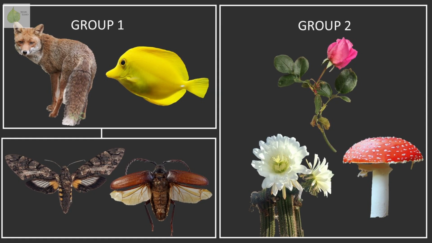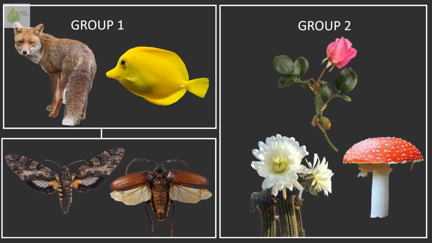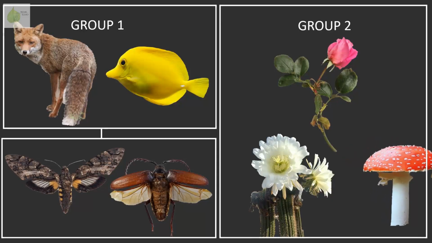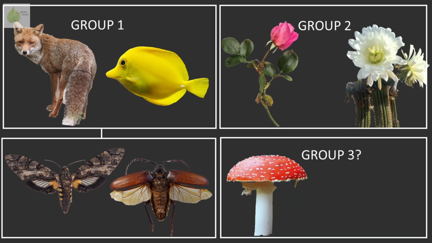Maybe we could create a subgroup from them. And now look at the second group. Even though these two organisms both have flowers, they look somewhat different. And some of you might even kick this third organism out of the group completely, as it doesn't quite fit here. But it doesn't fit the first group either. Maybe it needs its own group? This process of comparing visible characteristics of the individual organisms and, based on their similarities and differences, arranging them into groups, is really how the concept of classification started.